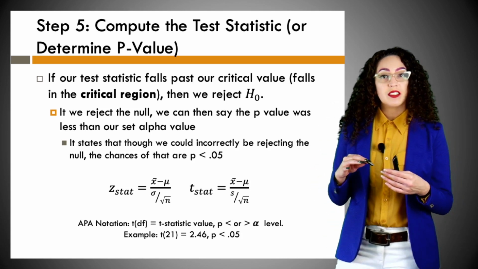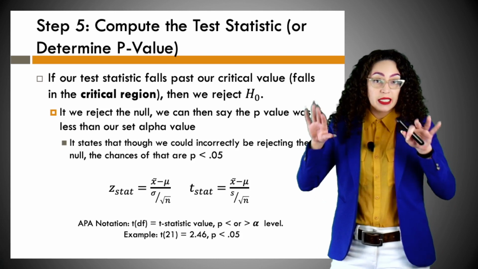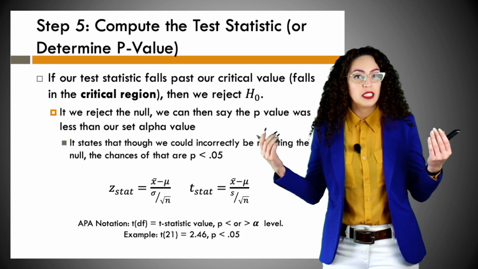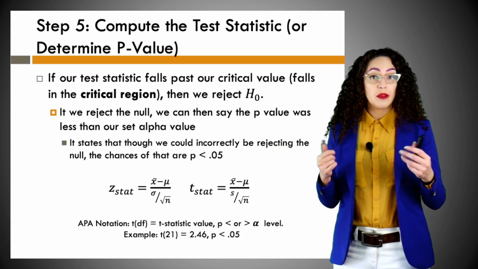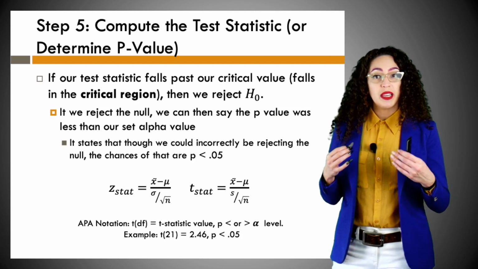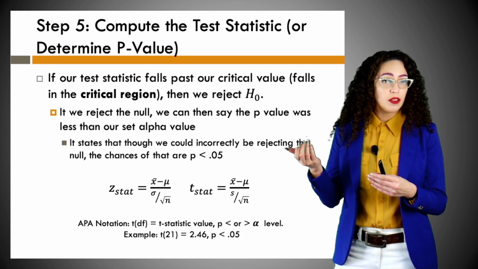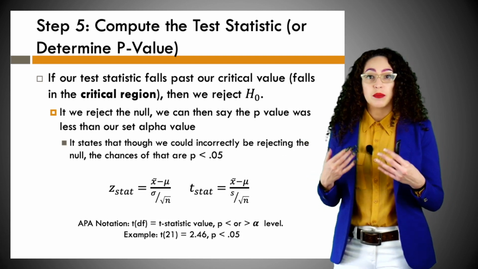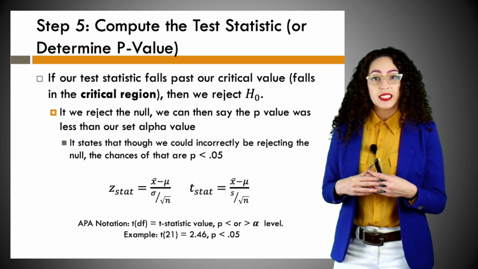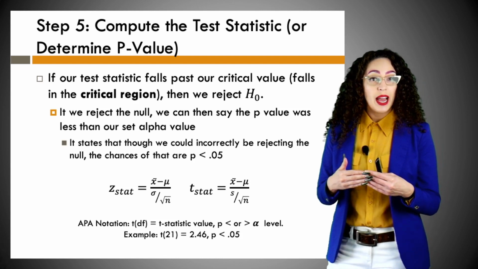If our test statistic falls in our critical regions or past that critical value, basically in those far out tails where it's unreasonably high or unreasonably low under the null world, we can then reject the null hypothesis. If we reject the null, we can say that the p-value was less than our set alpha level. Let's say we had 0.05, then we say the probability of observing this, if the null were true, is less than 5%. It states that though we could incorrectly be rejecting that null, the chances of that happening are less